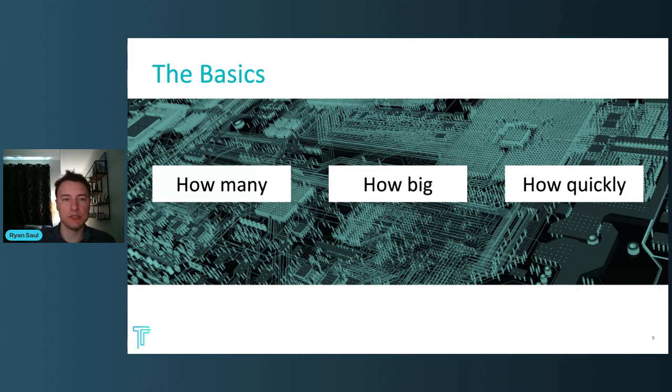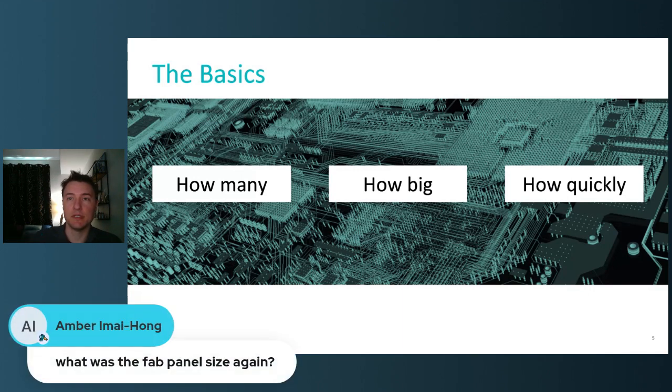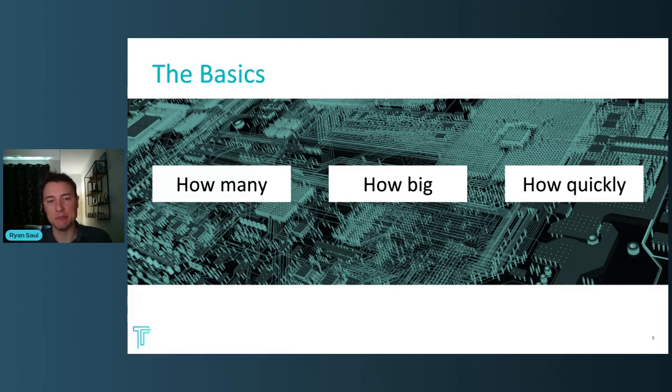Okay, so just to be quick, I know I said I'd answer questions at the end. We did have a question, and I don't have this written down on the screen. I think it's written down in a couple of slides, but generally speaking, the most common fab panel size is 18 by 24 inches. So that means that your design is going to fit in there one way or another. If you have a design bigger than 18 by 24, you are already dramatically restricting the fabricators that could even build it. But within that 18 by 24, there's a considerable amount of space that's unusable by you, the engineer